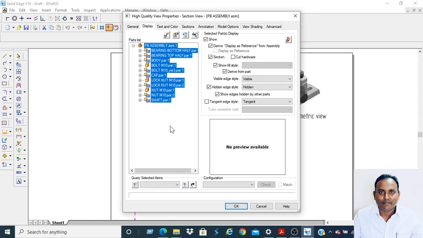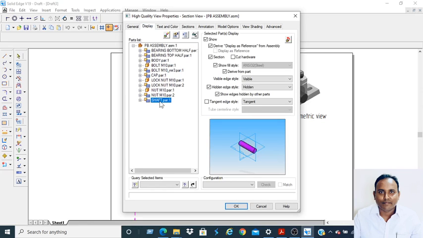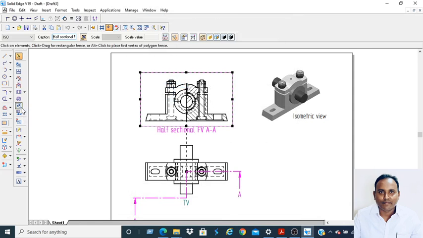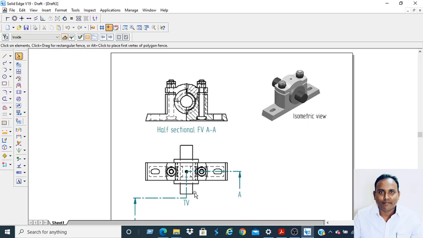In the display, you should select that the shaft should not be hatched, nut, lock nut and bolt. Switch off the section, and update. Now I can observe here, this is the half sectional front view, this will be your top view, this is the isometric view.